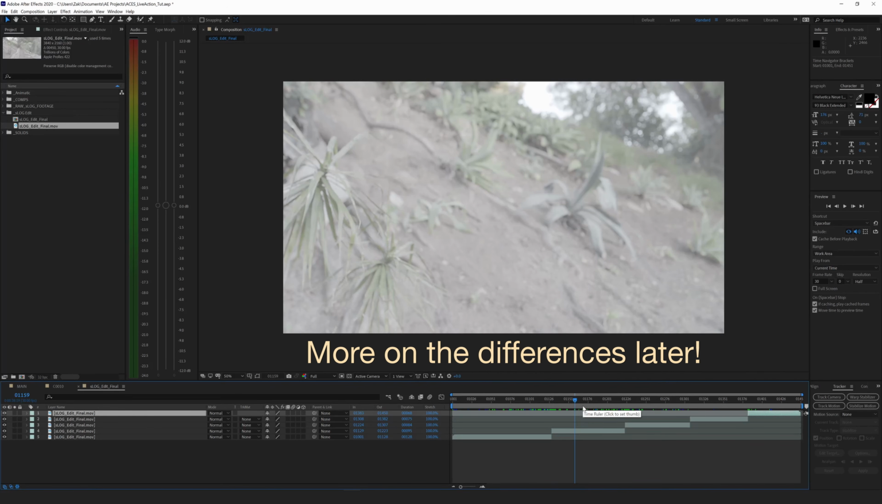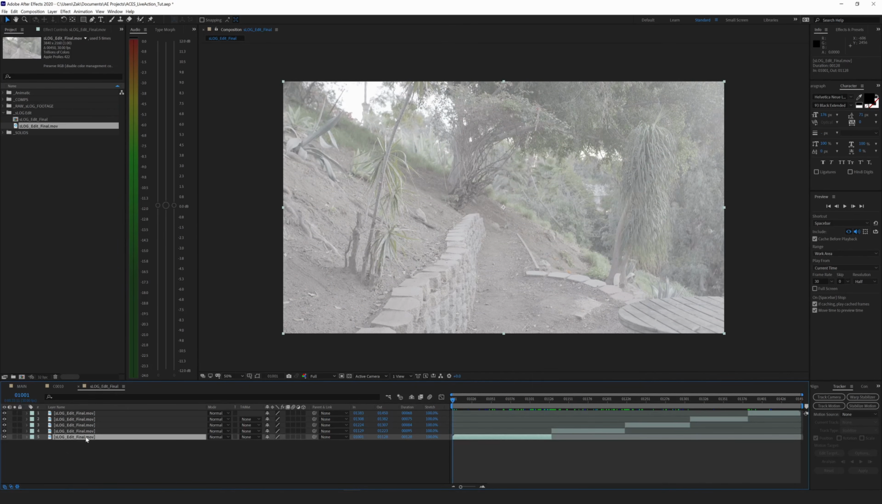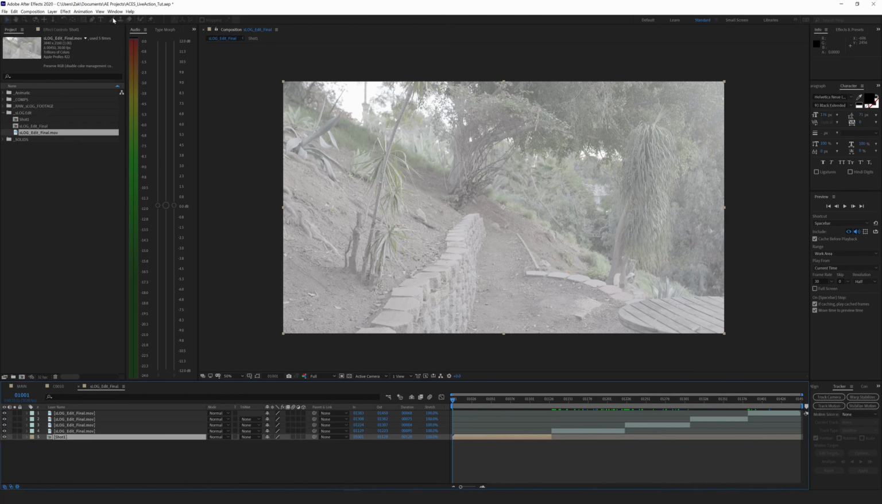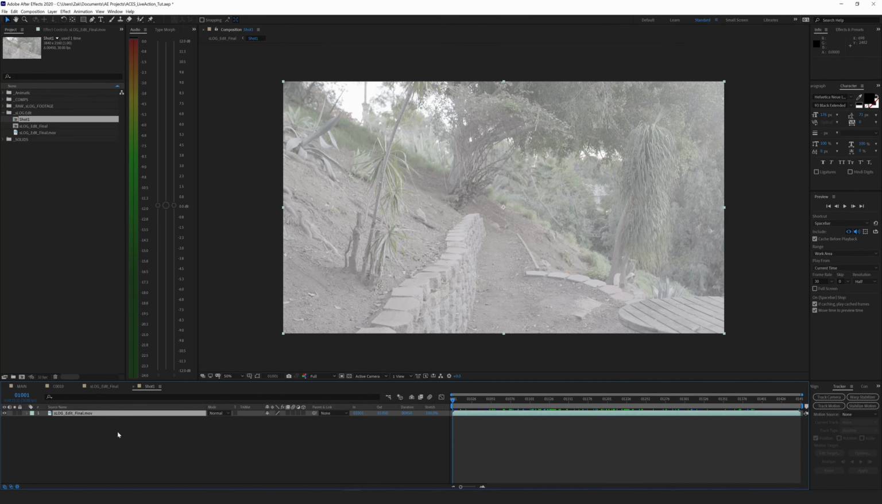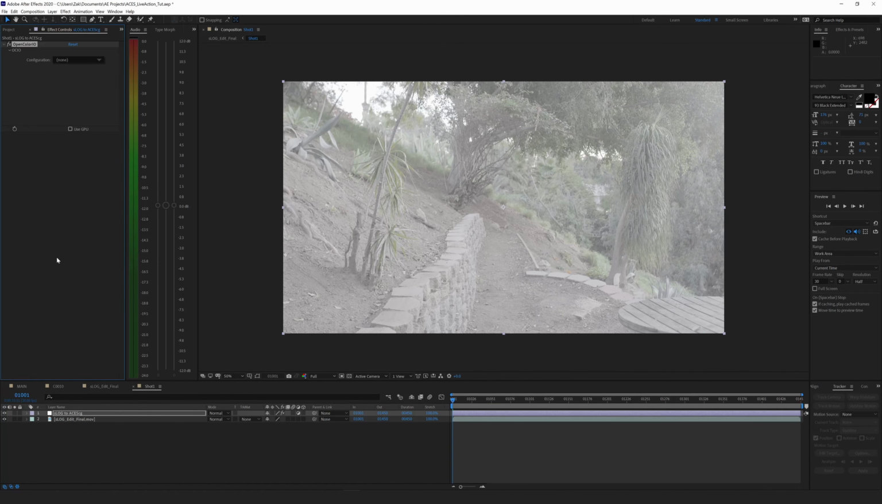All right, so I've done this, and what I will do is pre-comp this first one, and we'll just do pre-compose, and we'll just call this shot 1. And I can double click on shot 1. I'm going to add a new layer, and we'll call this S-log to ACEScg. I'm going to add the Open Color IO effect, and a link to that is down in